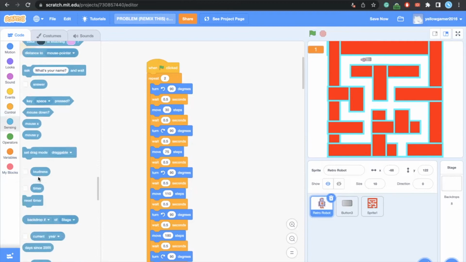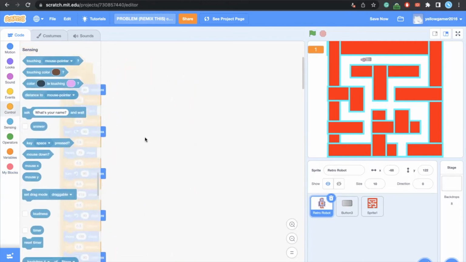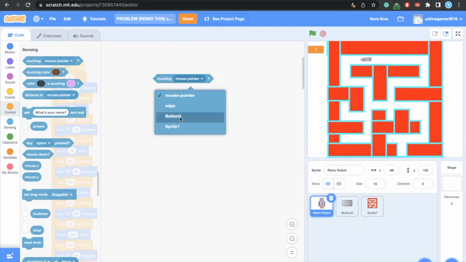Okay, we're not going to be using sense. Actually, no, we will be using sensing. So sensing is an important part of Scratch, and especially robotics. So basically, these things are the sensors of your robot. You know how you have the eyes, the mouth, the nose, the ears? These are the senses your robot has, well, at least in Scratch. So first, it will be if it's touching a specific thing, if it's touching button, right? If it's touching the button, then,